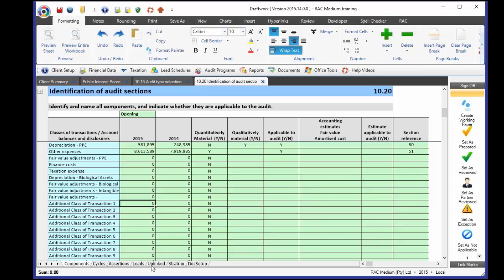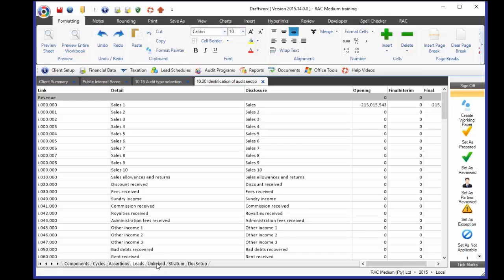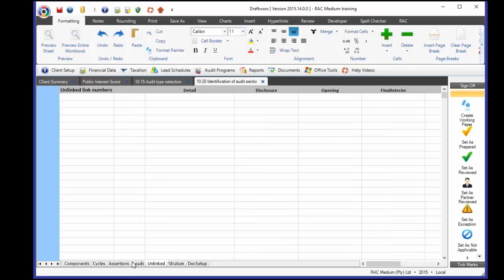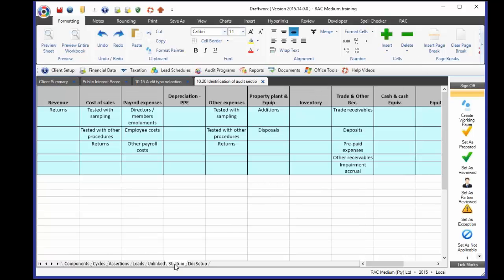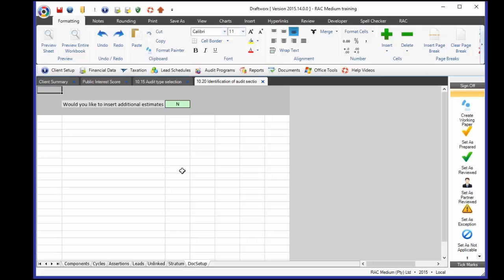please let me know, and I can certainly help you through that process. Okay, so there's a lead sheet, there's an unlinked, that's more of a higher level training session, so we'll release some separate videos to go through that. I don't have time to do that this morning. Stratum is another sheet that appears here, and I'll go through in more detail what Stratum are when we get to the audit programs. And the last sheet in 10.20 is what we call a doc setup, and this allows